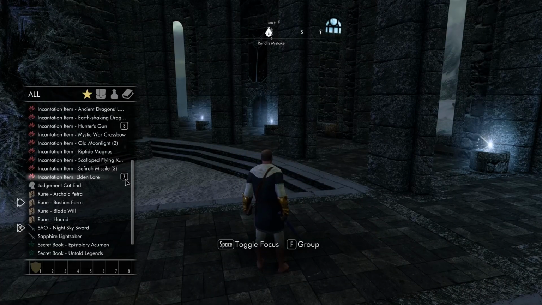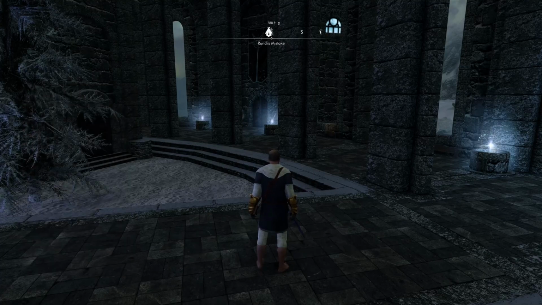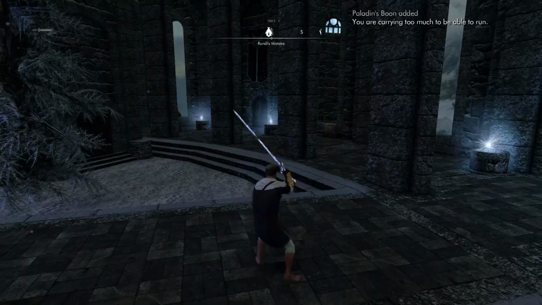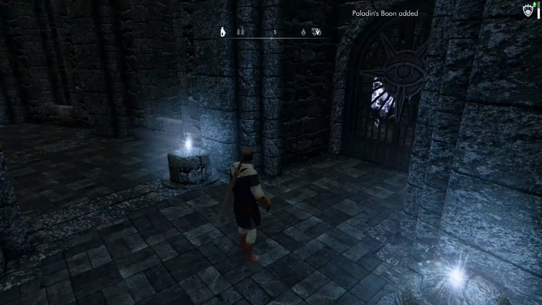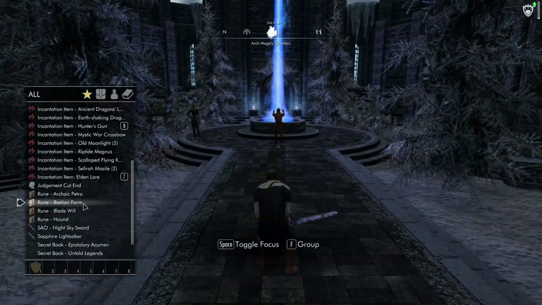Elden lore for getting Blood of Serapha. And I'm gonna show you the rune. Bastion rune, change into a 2H weapon. This one. So you see, it's attached in the back. And when you do this, Bastion form,